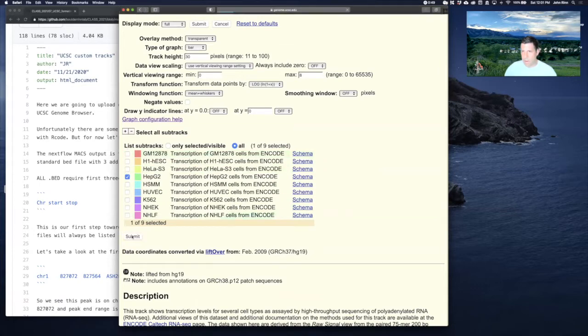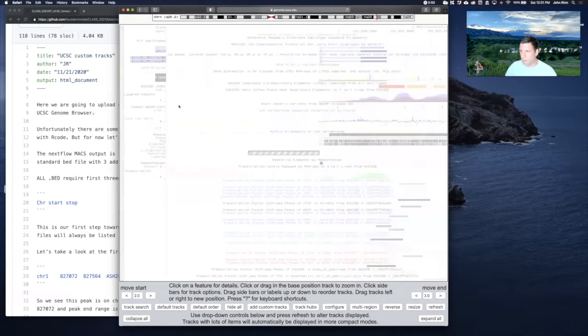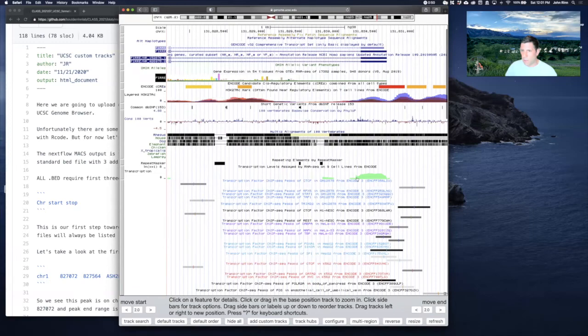Hit submit. And so now that expression track is just one here. And we can already see that this first exon is made into RNA, and we can see the transcription factors that bind it. Just very qualitatively and survey-based, you can look around and see what's going on. So we see that this exon is expressed, but there's not another one in the screen yet,